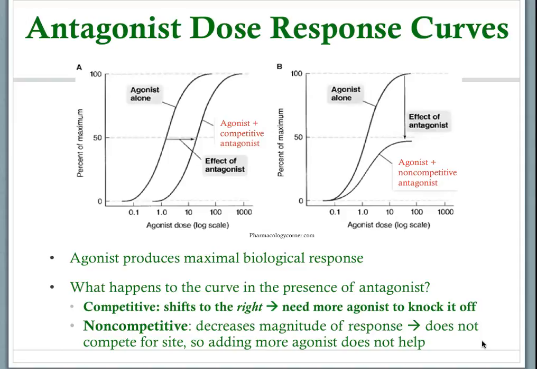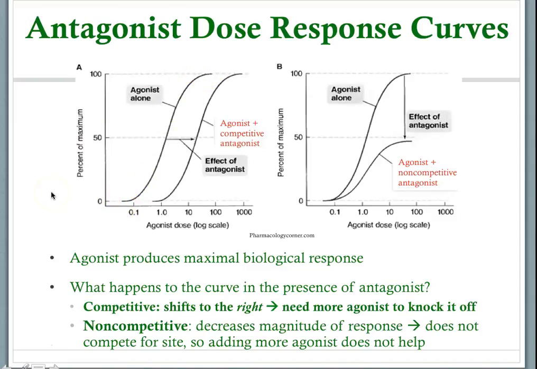Now, more on dose-response curves. We can measure these things, and we can see how antagonists and the different types of antagonists are actually affecting things in our system. So here again, we have percent of maximal response on the y-axis, and we have the dose. And again, we're working with the logarithmic scale here on the x-axis. Now, you can plot this in a couple of different ways. A lot of times we use a semi-log scale, like the one shown here, because it's easier for us to achieve this sigmoidal curve, and it tells us something about our effective concentrations, but we're going to talk about that later. For now, just know that this is the most common method of actually showing a dose response in a